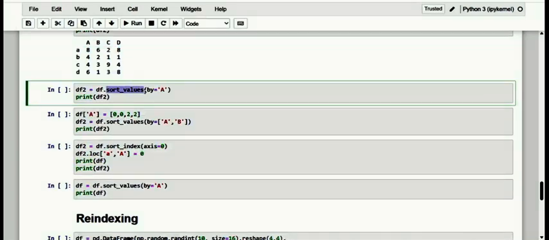In order to work, this method needs a mandatory parameter that must be explicitly set. That is the by parameter, which must be a column label, according to which the values within the column will be sorted in ascending order. So kindly have a note of it.